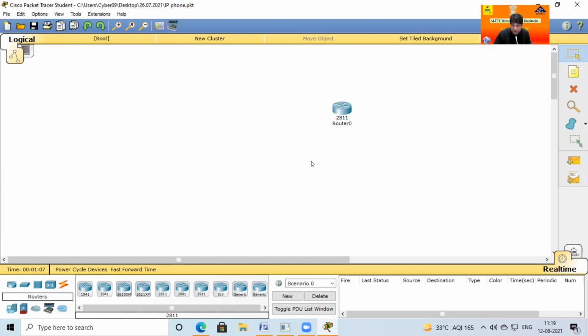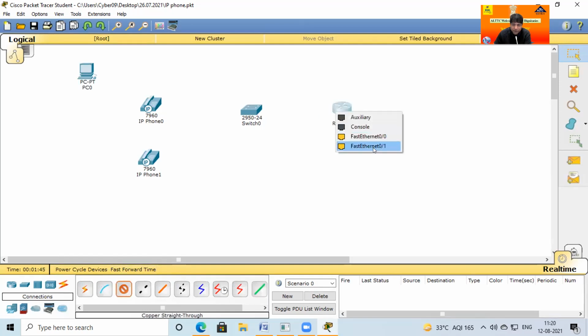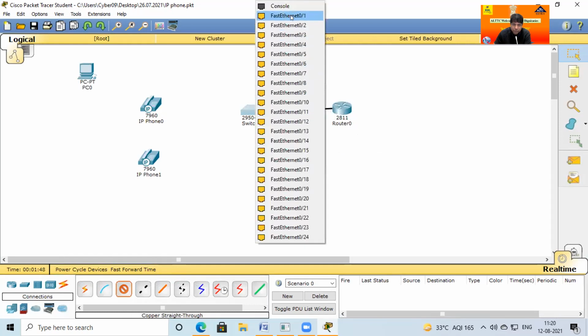I just follow your job ad at the same time. For more extensions, definitely a switch is required. I take one switch. And in the campus, suppose there are two different telephone systems for the users. Here I just take two IP phones. And one more thing, suppose you want internet also, so I connect one more computer. These devices are selected for a telephony system. From router to switch, a straight cable. I just take port number 0/1 and any port on the switch, no problem.